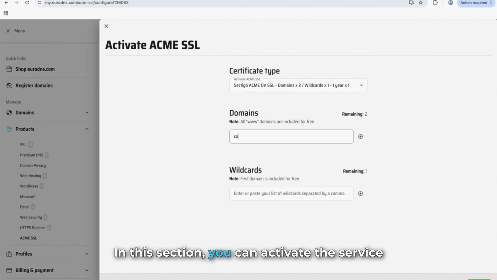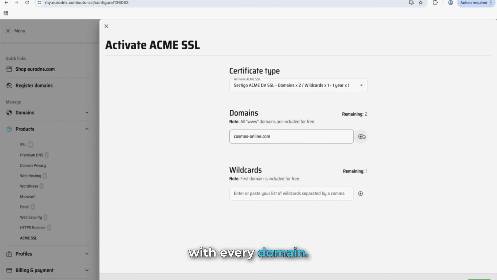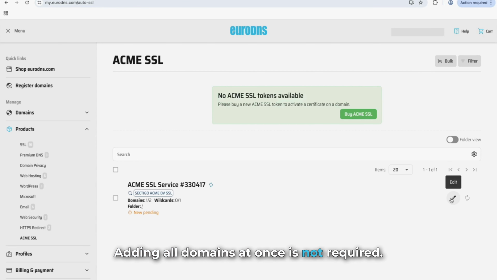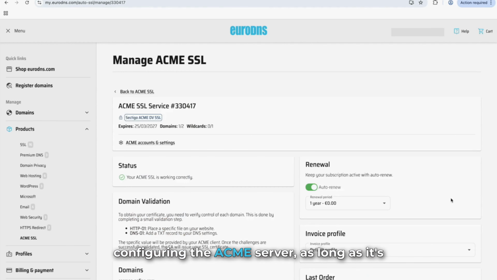In this section, you can activate the service and select the domains for your certificate. Please note that www is automatically included with every domain. For the wildcard certificates, the root domain is included as well. You don't need to add it separately. Adding all domains at once is not required. You can add more domains later, even after configuring the ACME server, as long as it's within the subscription's validity